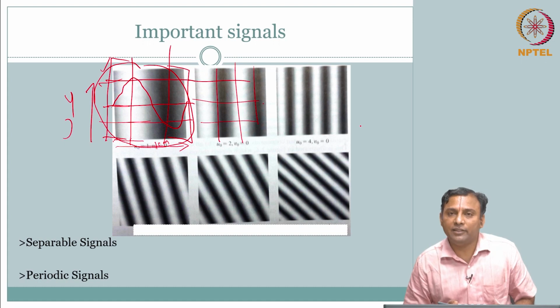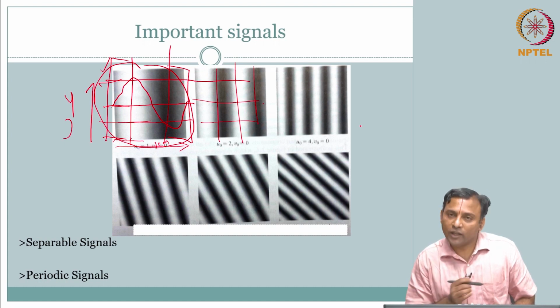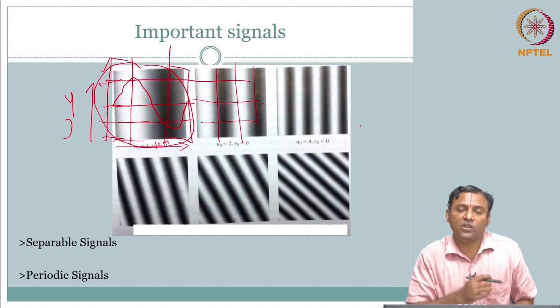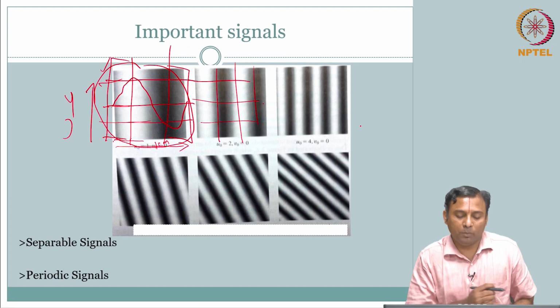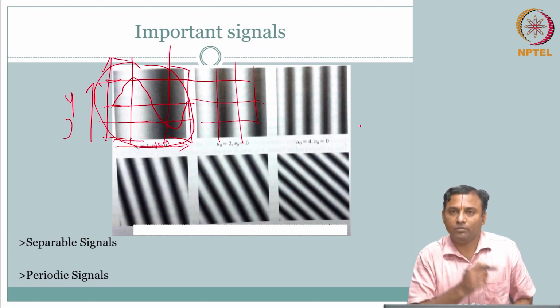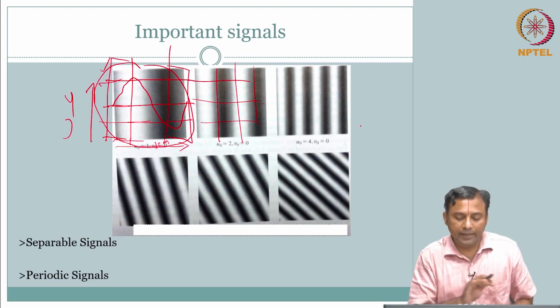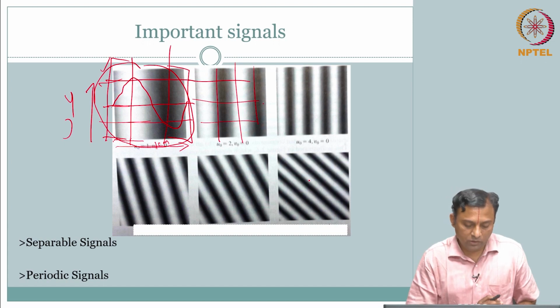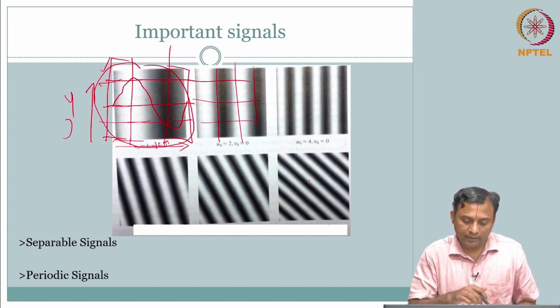What happens if you have no oscillations in the x direction, but some oscillations in the y direction? So, please do try yourself. U naught is equal to 0, V naught is going to be 1, 2 and 4. How does that look? Clear? So, you try that on your own. So, what does this mean? Oh, this looks slanting, and the angles change.